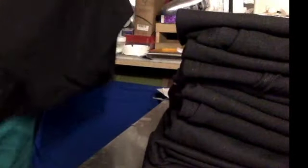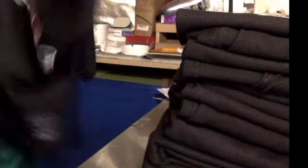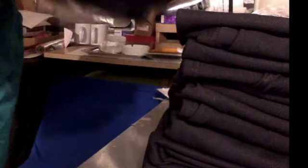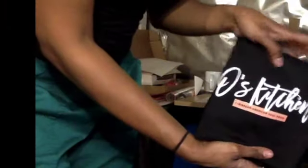Alright, so I am done printing your shirts. I am folding them now, and I'm going to place them into these bags here. This is a local pickup order. And then we got his shirt, nice and neat. So I'm just going to bag these up,